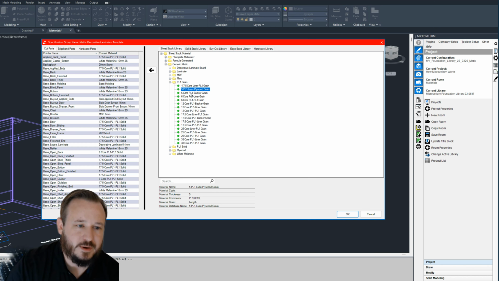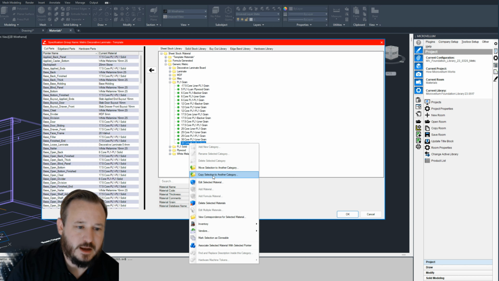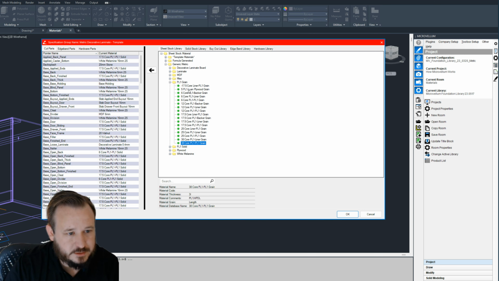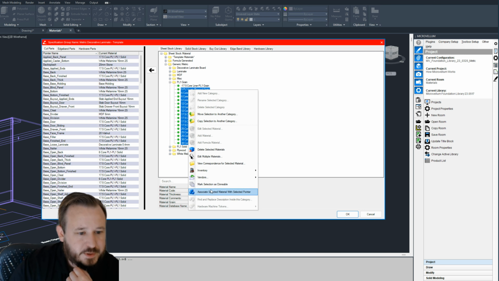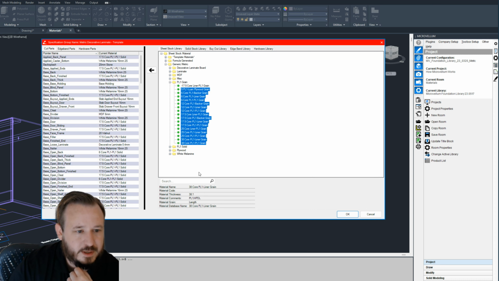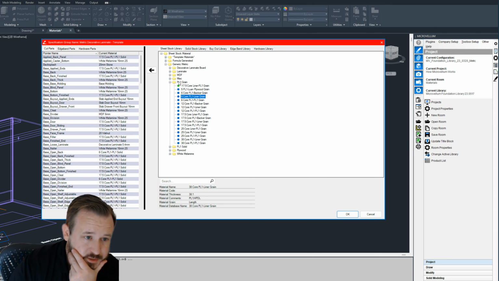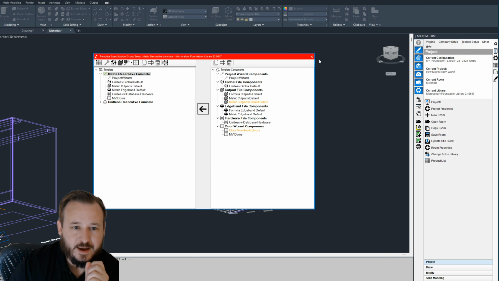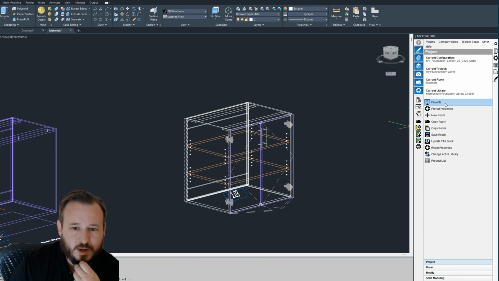For example, let me make this material. I wonder if I can do all of them. Let me see if I can shift. Yep, mark selection as clonable. So what I'm doing is now changing all these to blue. You'll see everything except for this negative material now in the PO1 grain category is clonable. And I did that at the template level. So now if I create a new project,